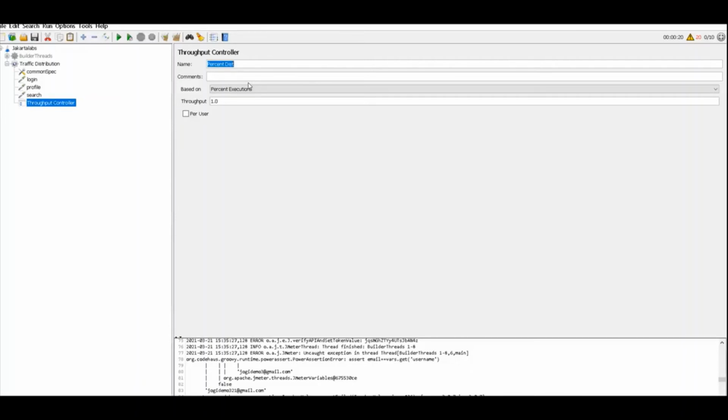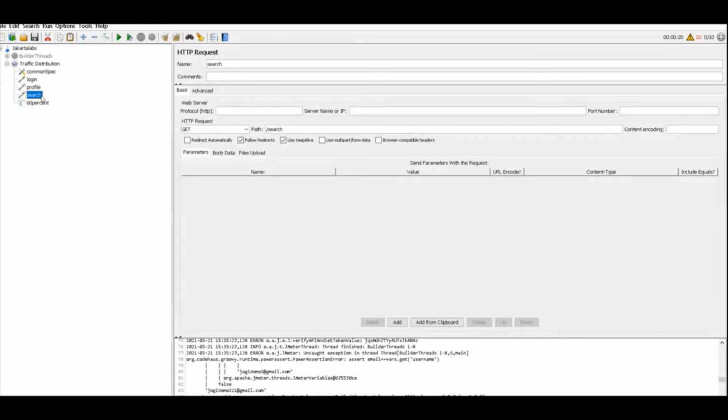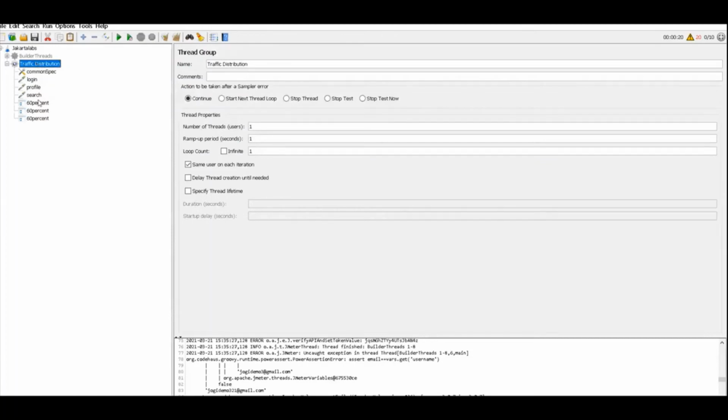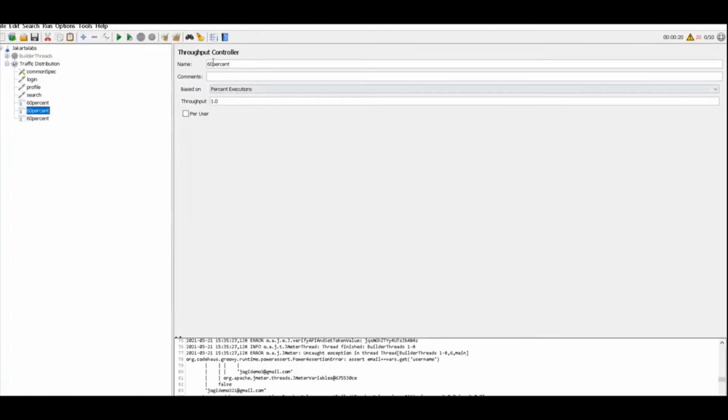So we can say 60%, right? We have to create 3 controllers, 60, 30, and 10.